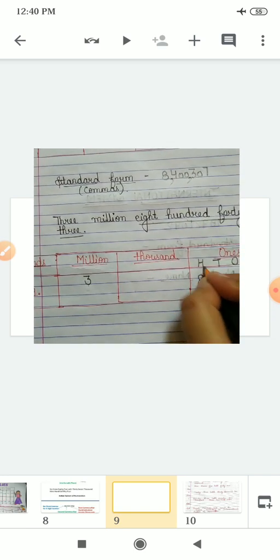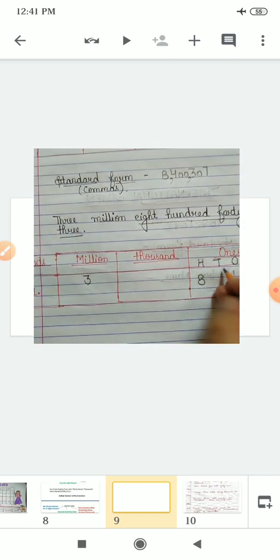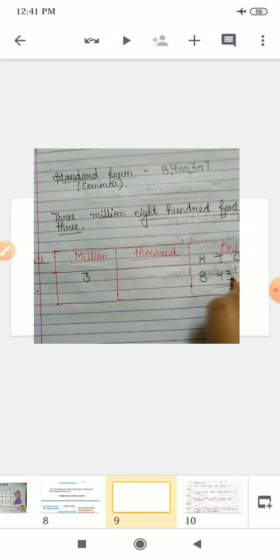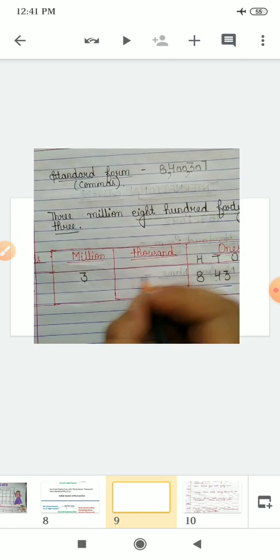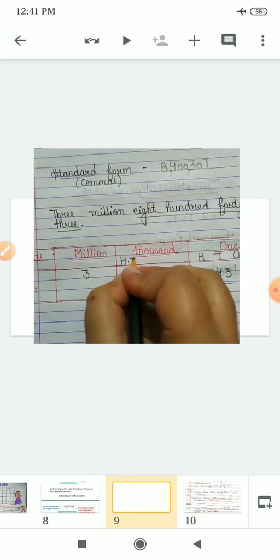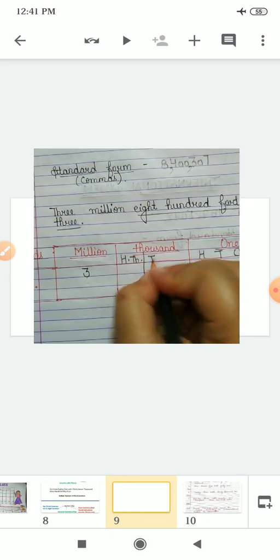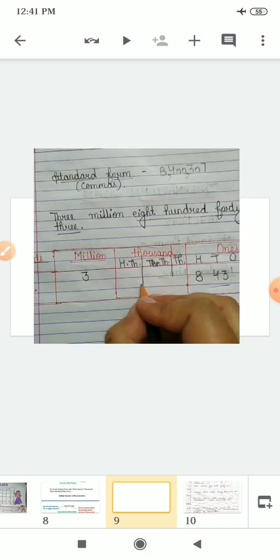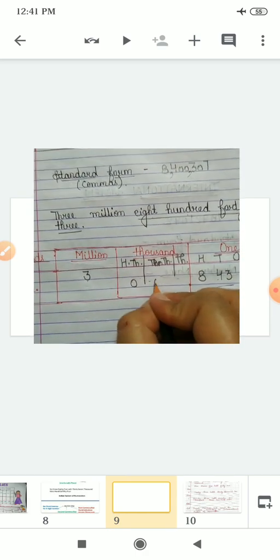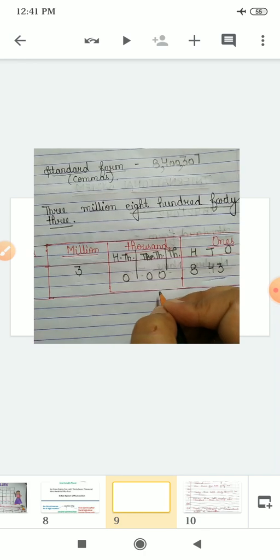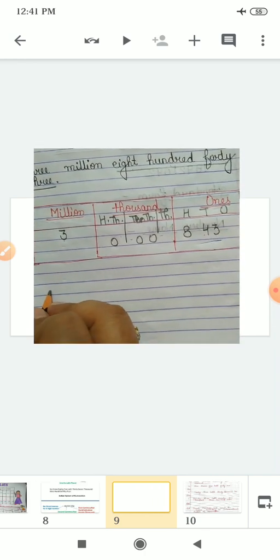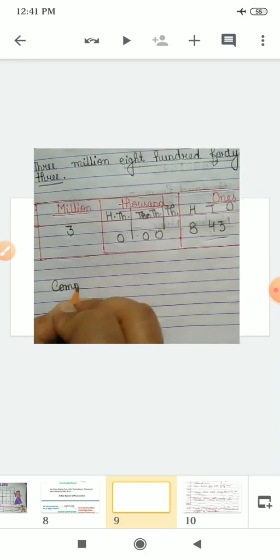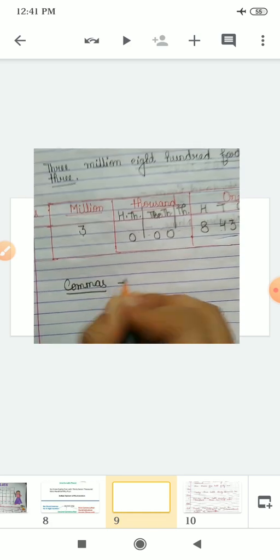So what will be its standard form? Standard form means with commas. How will we write it? In commas, because it is million, it is the international system. Because million comes in the international system, this will be 3,843,000. You have to put commas. In the international system, as you all know, we put the first comma after 3 digits, 1 2 3, again after 3 digits. Again I am repeating, in the international system we put a comma after every 3 places. Okay class? Class, I hope you all have understood.